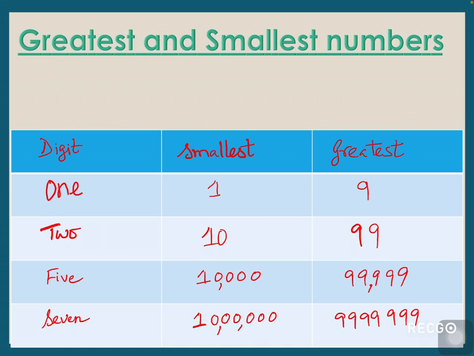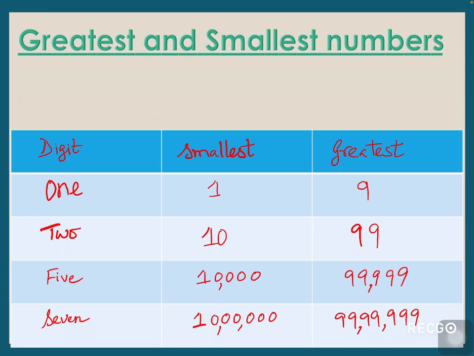Right? So let's insert the commas after 3, 2. So it is 99. 5 places means lakhs, as I told you. So 99 lakhs, 99,999. So this is the way to form greatest and smallest numbers of the number of digits you are asked. Form 4 digit or 7 digit or 5 digit or 8 digits. So in the smallest, just keep in mind that you write 1 and rest all zeros, making it the total number of digit smallest number.